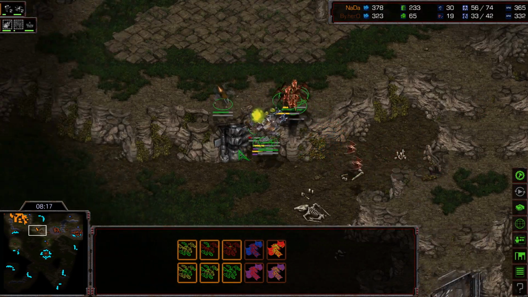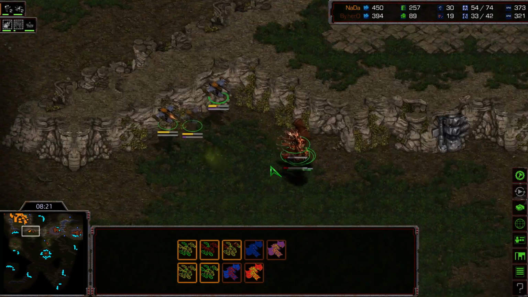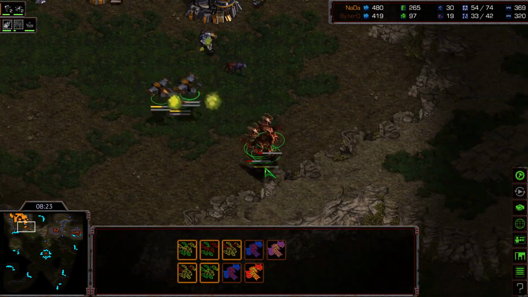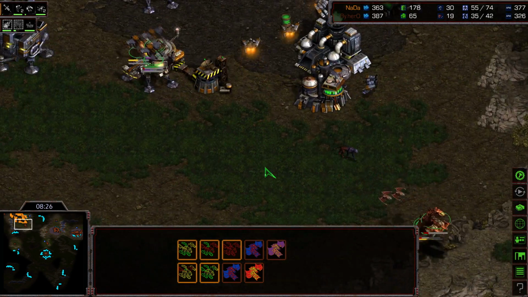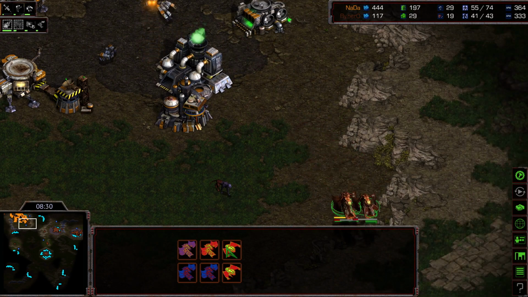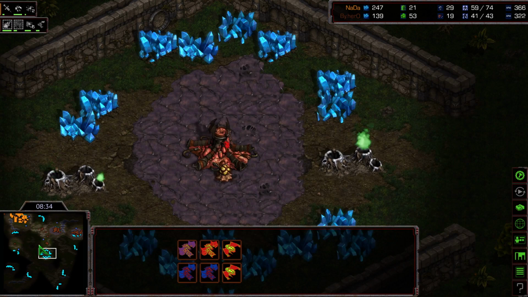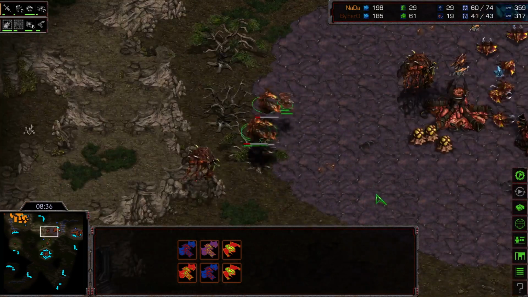Yes, also greatly microed here once again by him. Look at that, back and forth kiting those Wraiths. Now he finally has to retreat a little bit, but there are SCVs of course in the main just to repair those Wraiths. 4 Mutalisks are a little bit hurt, but they can regenerate those HP very fast